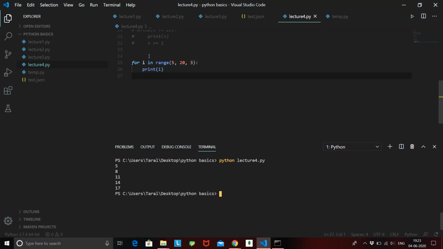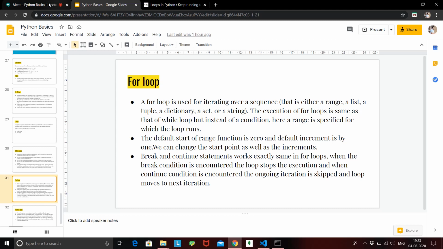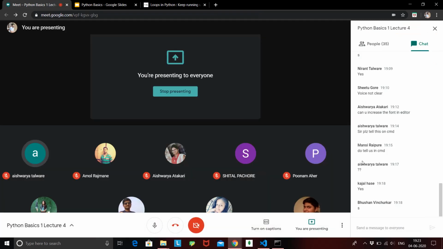Okay, so is the for loop clear? This is the basic for loop, for iterating variable i. In is a keyword. For i in range 5 to 20 with iteration 3, print i. So this syntax is as simple as it can be to read. If you can read this, you will basically know what this is doing. For i in the range 5 to 20, just print i with an iteration of 3. Okay, is it clear everyone how the basic for loop works?